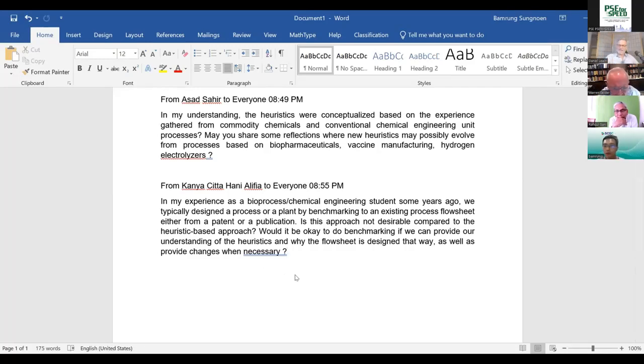Yes, when you try to design the process, you have to separate two things. The first thing is the idea of how to generate the process, and the calculation of the heat and mass balance for the process, right? And I think when we do the technology, we try to scout or read many publications,